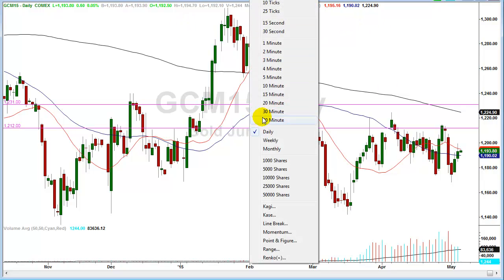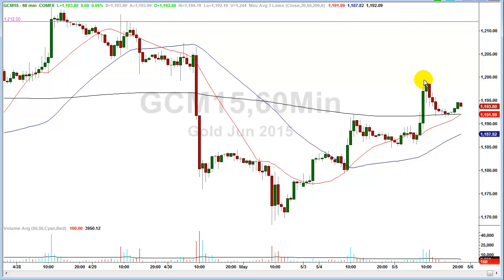Let me just show you what that looks like on the hourly chart. We hit the level, we backed off, and we came into the 200 period moving average, also converging with an upsloping 20 period moving average, obviously underneath an upsloping 50. So this is a bullish tone. As long as we stay above these moving averages, that's bullish. So I'm looking for higher prices yet to come. The next target is back to the 212 level, at this purple line that we've visited once before. I think we're going to visit it again. So that's where we are in gold.